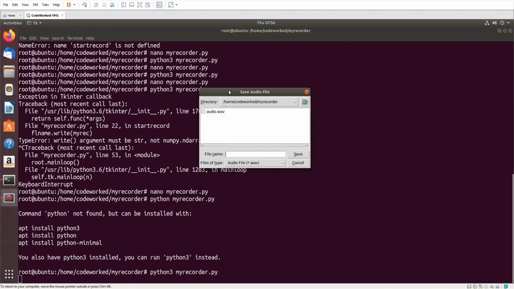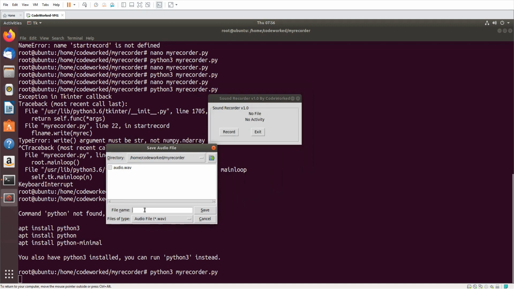Now look very carefully what I'm going to do. I click record. Okay, here I said my audio, right? Now I will click the save button and record some voice to it from this mic. But during recording, this label and this label won't be updated, and after recording they will be updated, but I want them to be updated while recording as well.